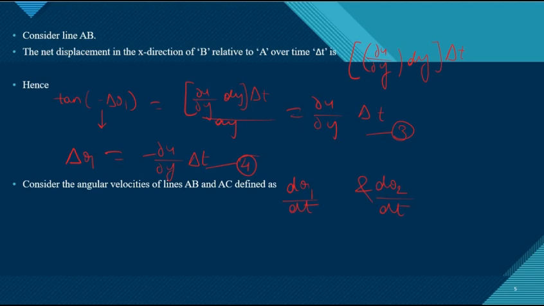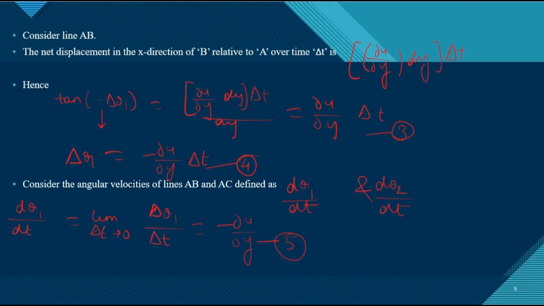So now how do we get this d theta 1 by dt? From our equation 4, if I want to write d theta 1 by dt using our mathematical relation, can we write it in this form? Limit delta t tends to 0 and delta theta 1 by delta t. Correct? And this would be minus dou u by dou y. Right? This delta t comes on this side. This would be our equation 5.